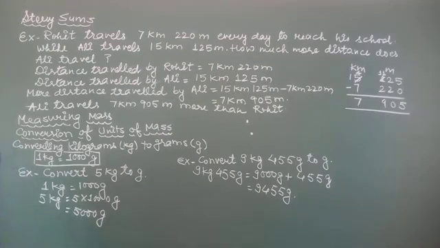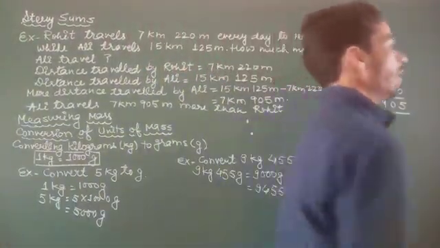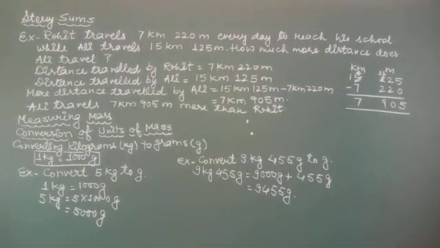Heavy objects such as a school bag and vegetables are weighed in kilograms, kg, and light objects such as pencils and small books are weighed in grams. Very light objects such as feathers, safety pins and medicine tablets are weighed in milligrams. You can use different types of weighing machines to measure mass, that is digital weighing scale, common scale and electronic scale.